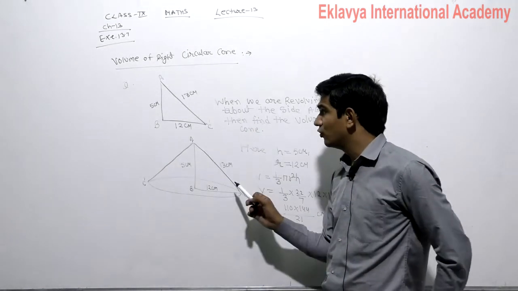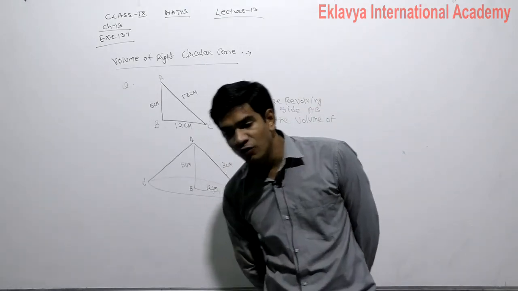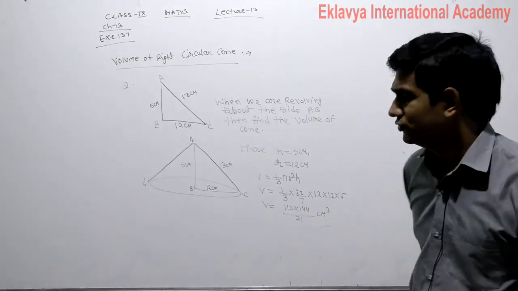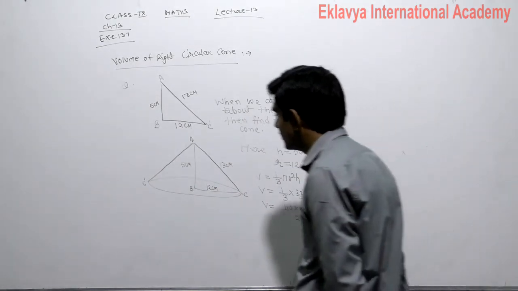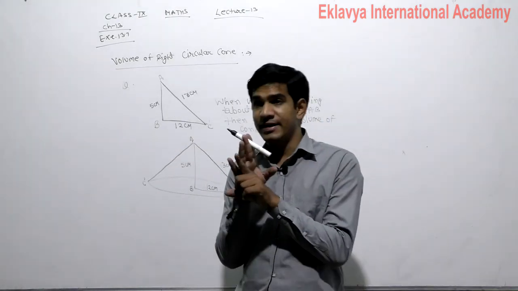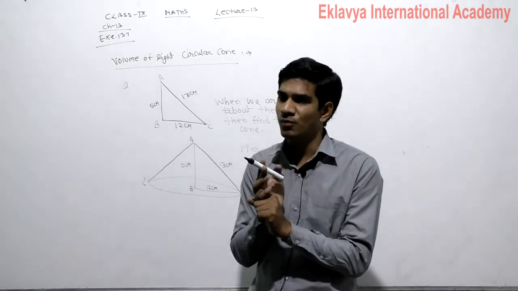Understand? So in today's lecture we discussed how we will find out the volume of the right circular cone using formula 1/3 pi r square h. अब इसमें क्वेश्चंस क्या क्या फॉर्म हो सकते हैं स्टूडेंट्स? आपको डायरेक्टली रेडियस ऑफ द कोन गिवन है, हाइट ऑफ द कोन गिवन है, देन इजीली यू कैन फाइंड आउट द वॉल्यूम ऑफ द कोन.